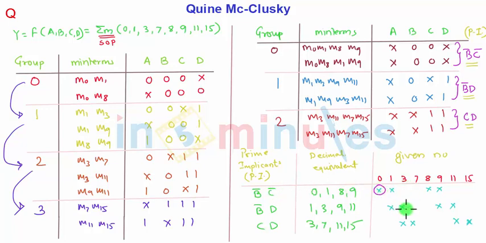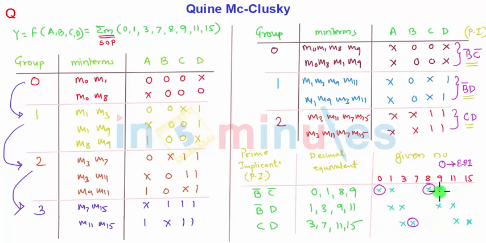3, again 3 is present only in B bar D and CD. So again there are two combinations. 7, that is nothing but CD, is going to be the essential prime implicant because it is present only in CD. While in the case of 3, instead of taking B bar D, I can take CD. So that's why CD is the essential prime implicant. Also number 8 is coming only in the B bar C bar section. So again B bar C bar is an EPI. So whatever is in the circle indicates the EPI, that is nothing but essential prime implicants.